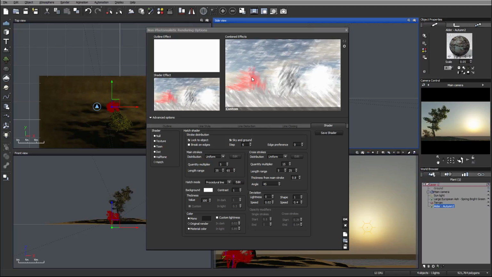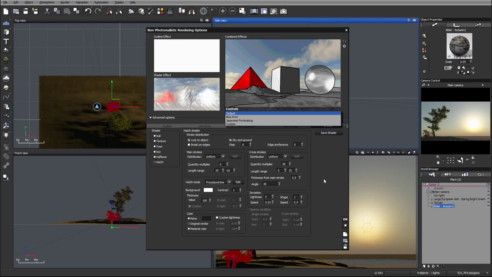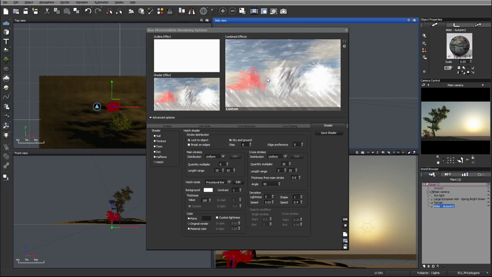I probably want to add maybe a little bit bigger size again on our objects, on our brushes, and maybe bring this to 20 and 0.9. So we'll add a little bit of uniform here. Let's increase this one by 6. I'm just increasing the quantity, how many lines will go into our main strokes, as well as increasing on cross strokes, so it should give us a little bit more solid look. Okay, at this point